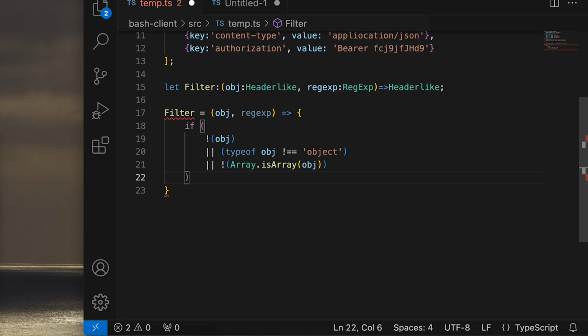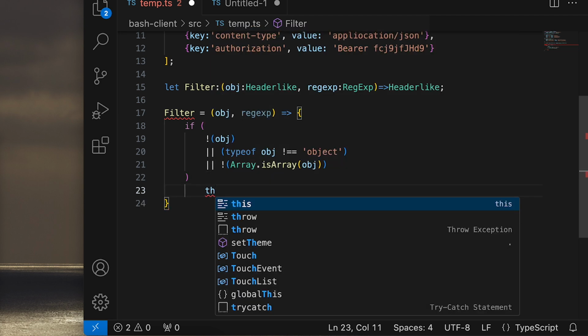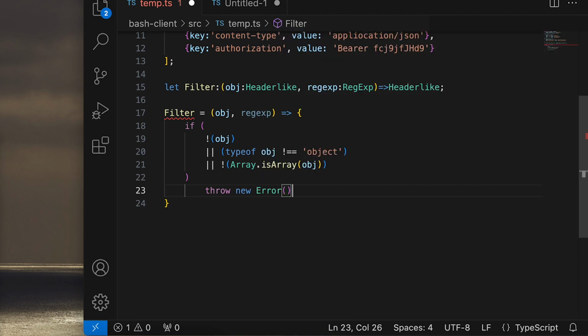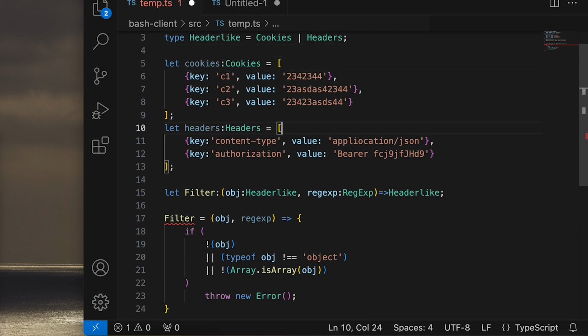Okay, so if any of these are true, then we'll just throw new Error, like this. Okay, so that's the first step taken care of, and let's see, I think we can